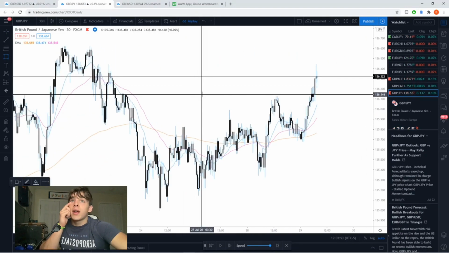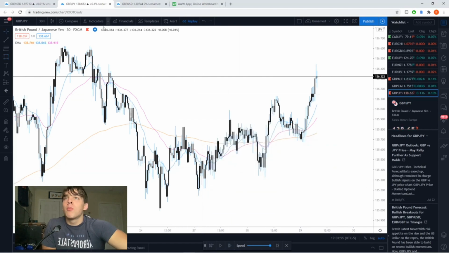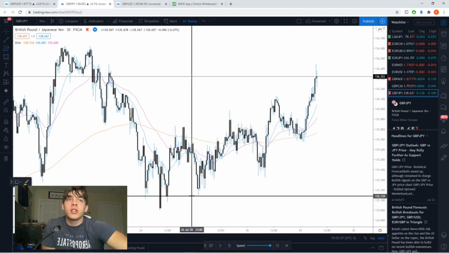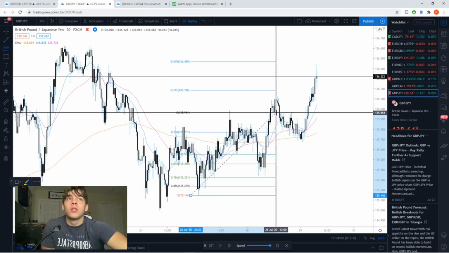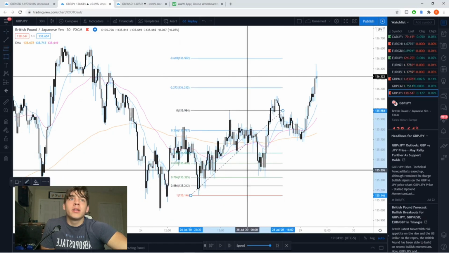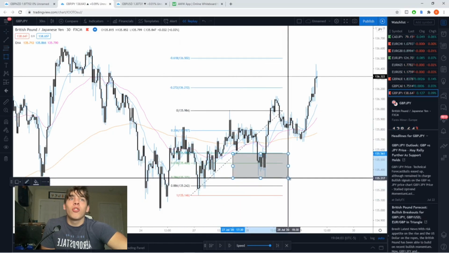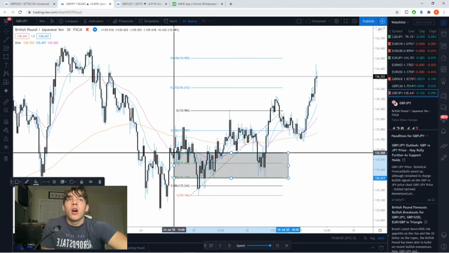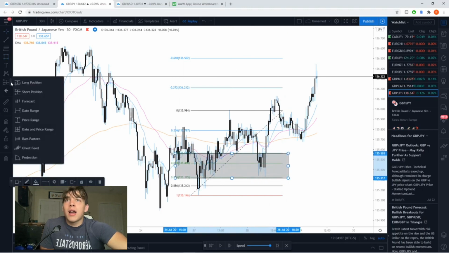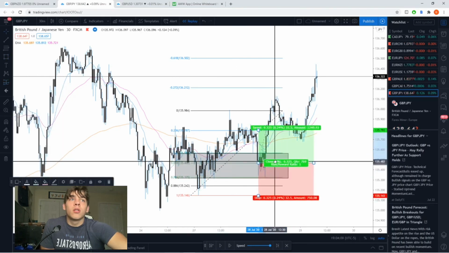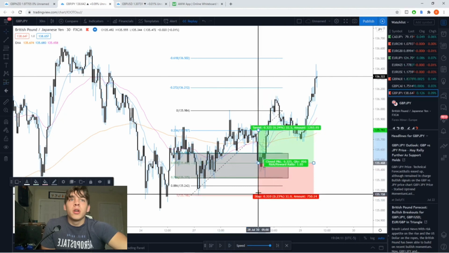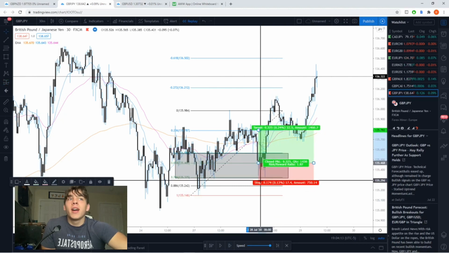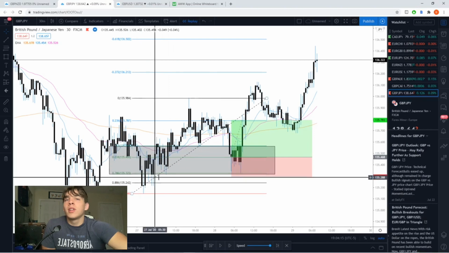30-minute time frame. So right here, we did have a potential buy opportunity on GJ. You can bring your fibs up from this low all the way up to this high, and then you could draw out this potential fib entry zone, and you could have gone long somewhere around here. So let's say you did go long. You could have gone long in the middle. Stop loss, you could have been very aggressive with it, and you could have left it a little bit below